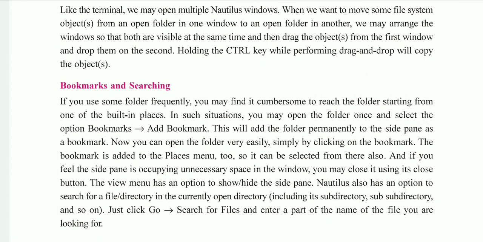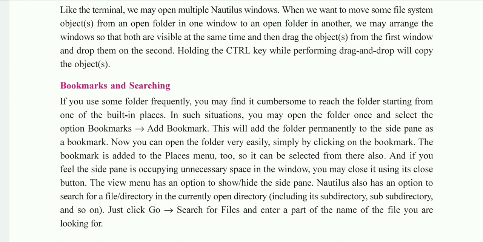Next is bookmarks and searching. What is the help of bookmarks? In your computer system so many folders are there, and we do not use all of them frequently. The folders which you often use, you can put in the bookmarks. How can you do it? Select any folder, then go to the bookmarks option and select add bookmark.